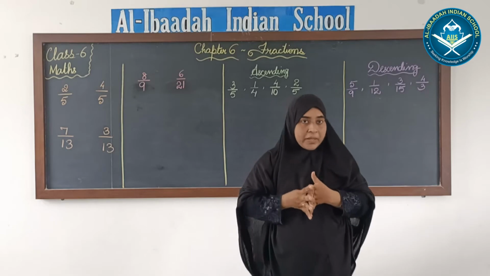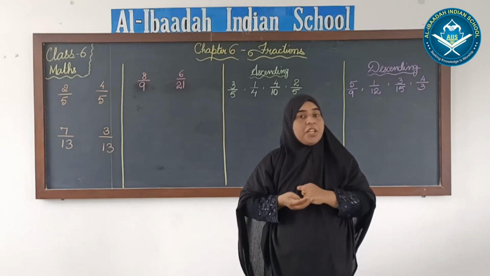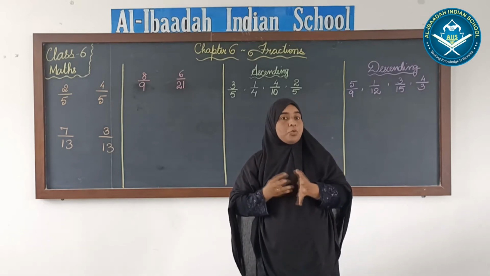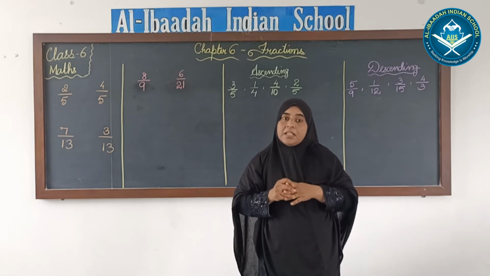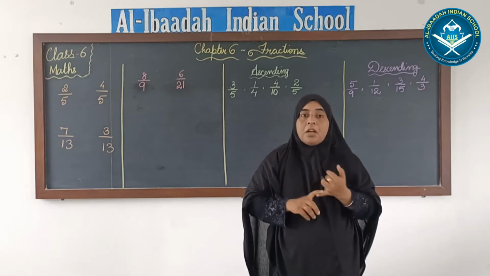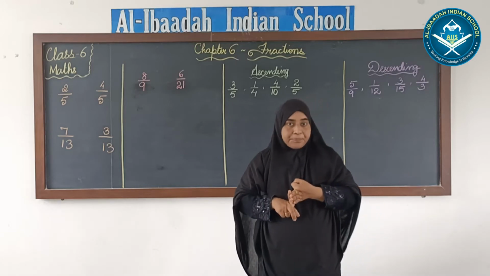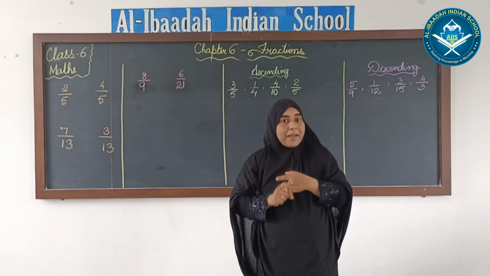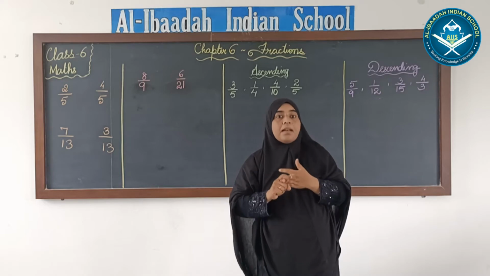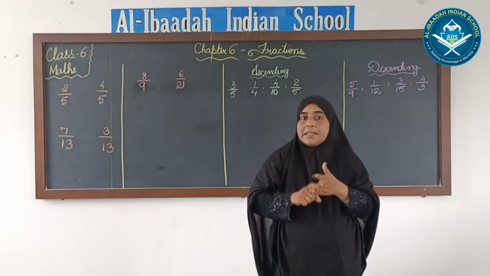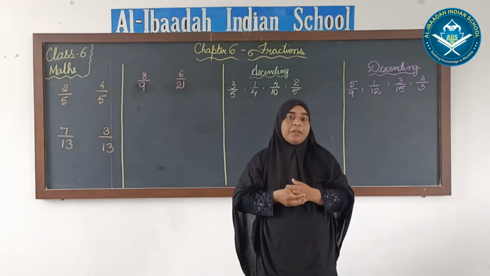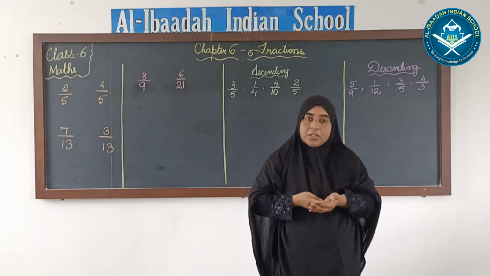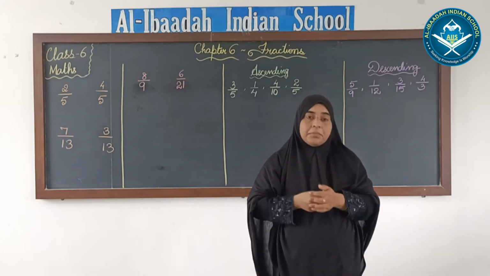What is the use of doing this? Why do we need to change or convert unlike fractions to like fractions? See, when we have like fractions, it's very easy to compare the fractions or to add and subtract them. But comparing, adding or subtracting unlike fractions is not easy or not possible directly. You have to change the unlike fractions to like fractions and then you can compare them or